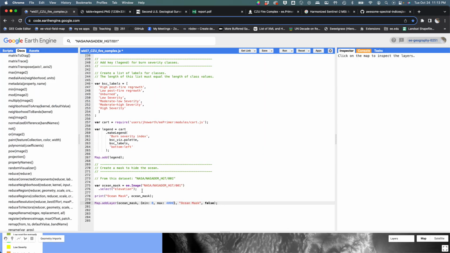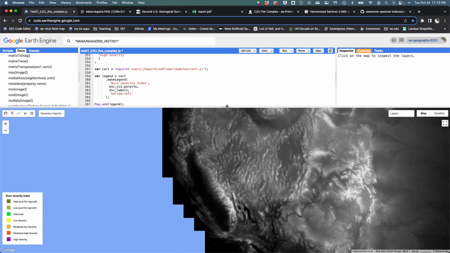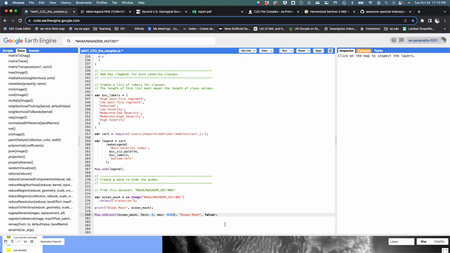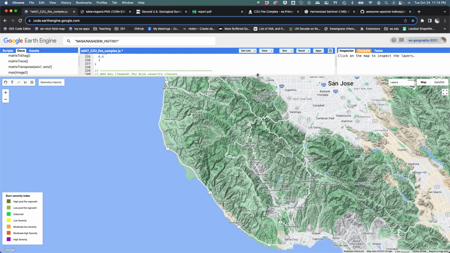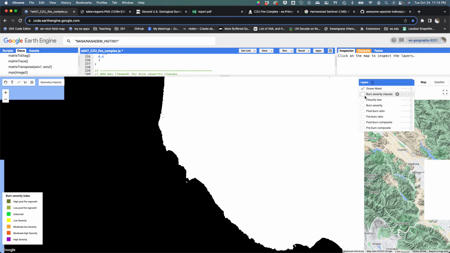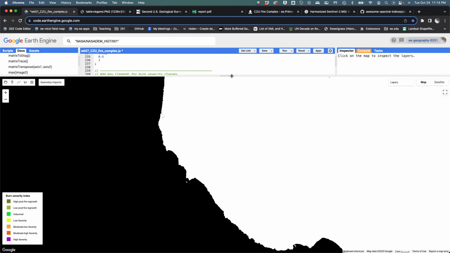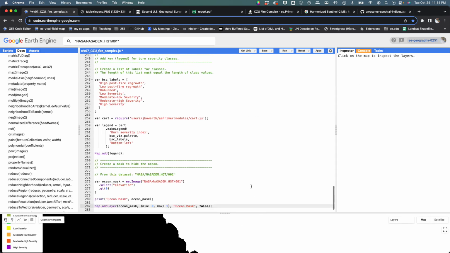Okay, so that's what that is, but we just want to grab the ocean, and we don't need this field. We need a binary map where the ocean is zero and everything that's not ocean is white. So let's just threshold this and say greater than zero. And now, if I change this to 0 or 1, it should give us a binary map of land and water where the land should be white and the water should be black. So then we can use this as a mask on our